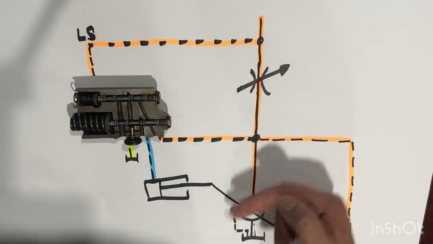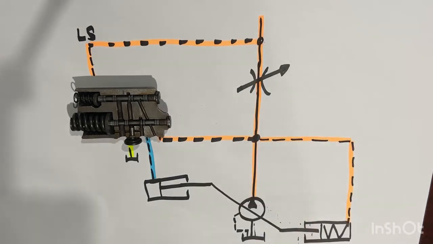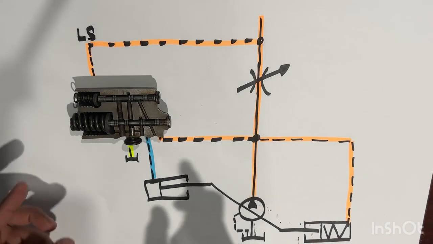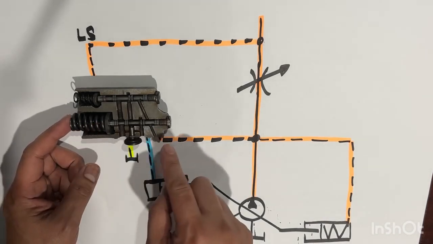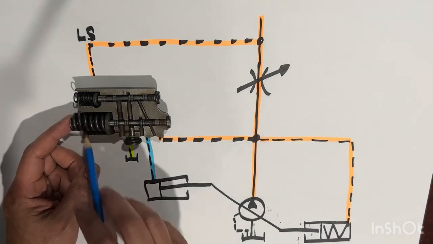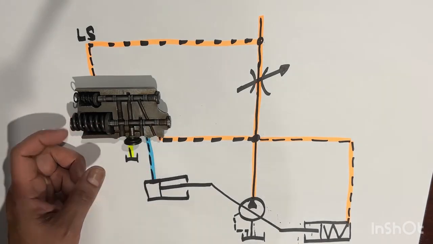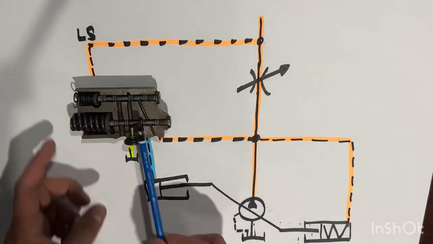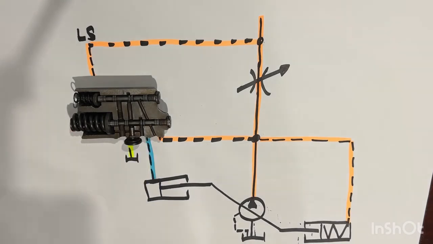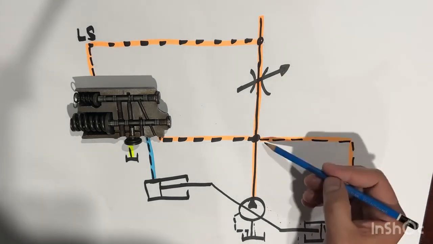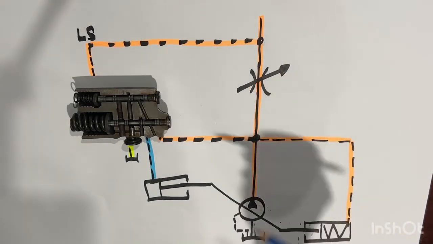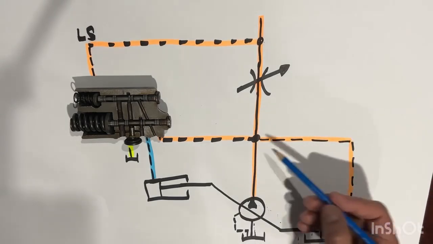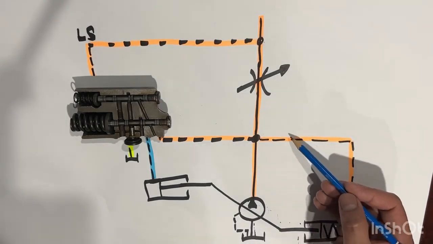In that condition, the pressure cutoff spool spring preload is still maintained. The lower spool is in its right position because we still set this to 180 bar. Because it's low pressure, this spool will remain in this position. The change is the pressure drop. Once you close this to 50% opening only, the pressure drop across the throttle increases. So if you put a gauge here, it will increase.